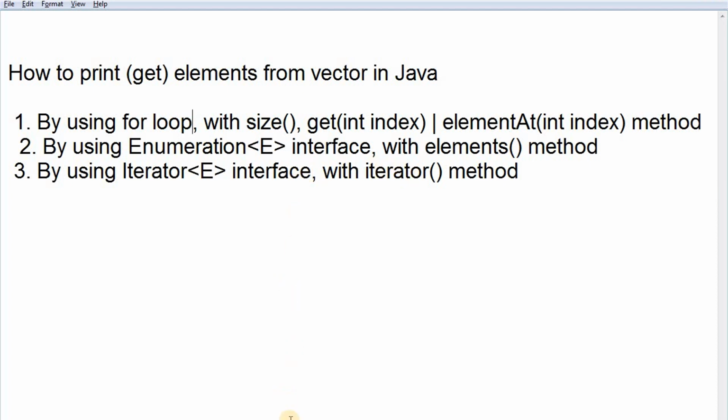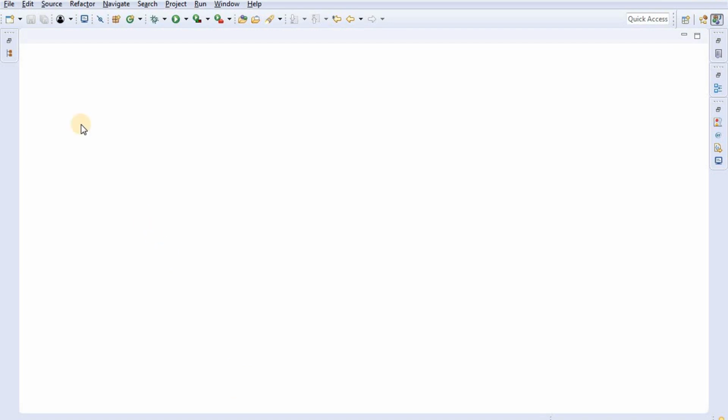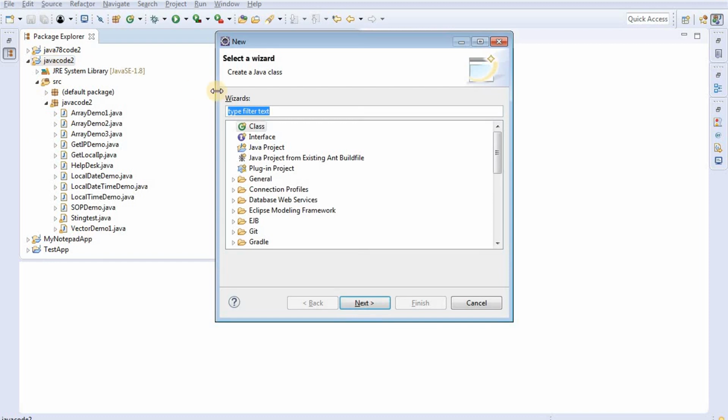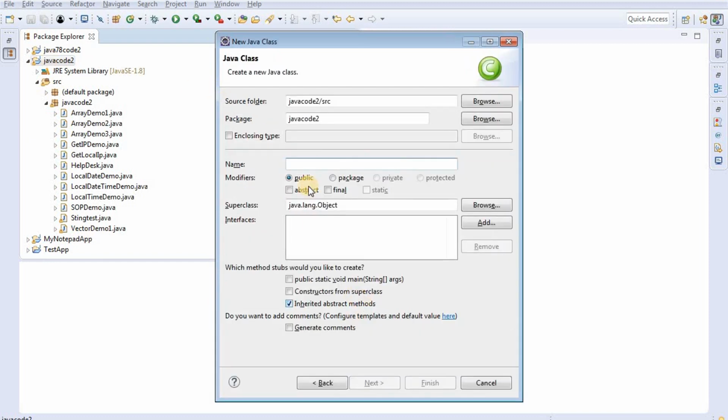Now let's start the coding. For that I take an Eclipse IDE. In the Eclipse IDE, choose the project from Package Explorer. In that one, I have taken Java Code 2. Now create a class. The class name I am giving in the new class window is VectorDemo2.